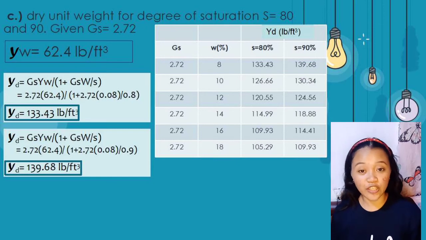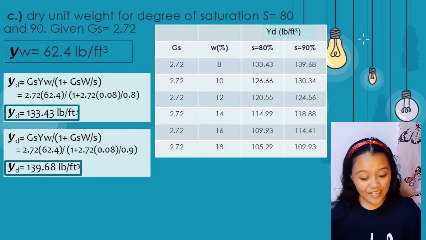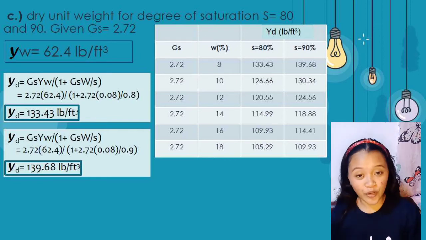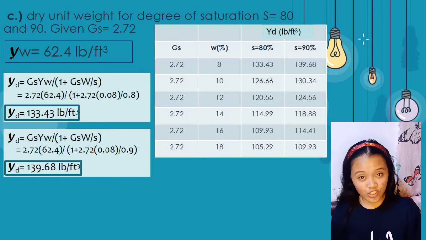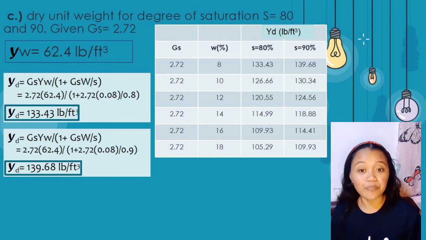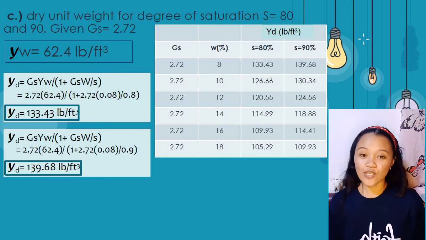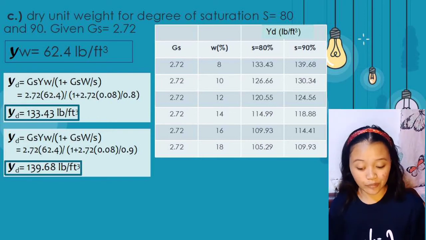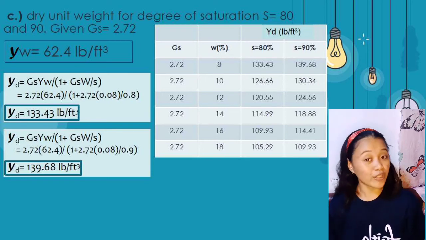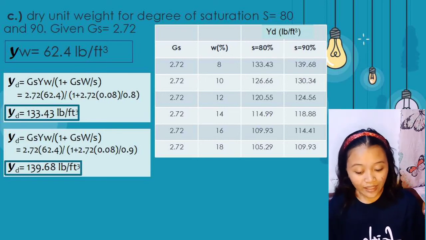Lastly, we will find the value of the dry unit weight for the degree of saturation to be 80 and 90, given the value of the specific gravity to be 2.72 and also given the value of the unit weight of water to be 62.4 pounds per cubic foot. So, the value of the dry unit weight is equal to the specific gravity multiplied by the unit weight of water over the quantity of 1 plus the specific gravity multiplied by the moisture content over the saturation. So, substituting all the values from our table, we will now get the value of the dry unit weight for the degree of saturation to be 80 to be